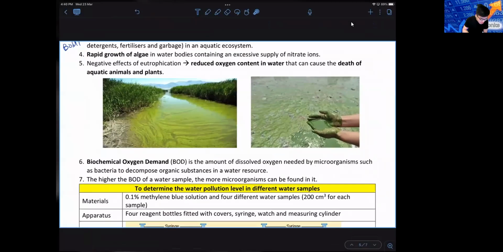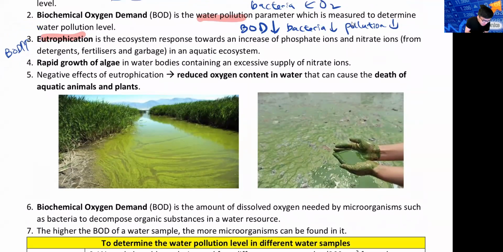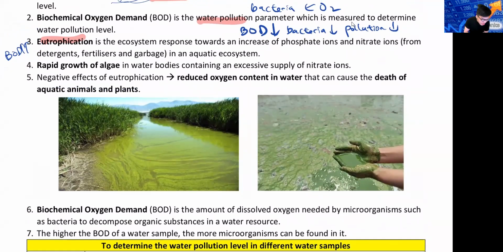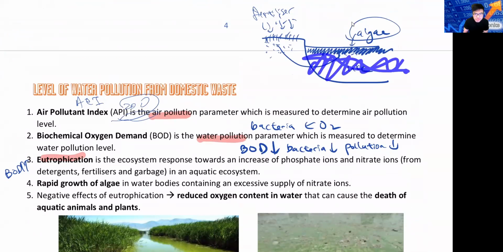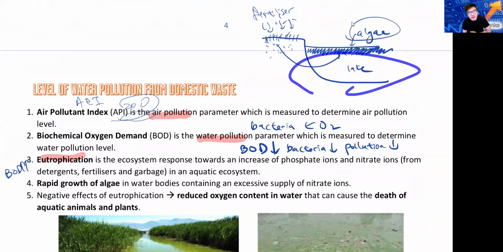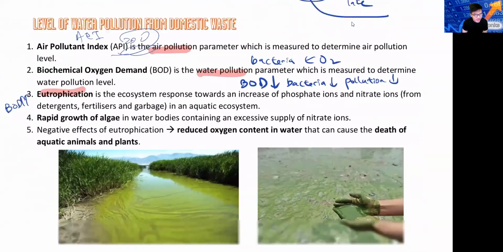So this is your eutrophication. In this case, your BOD is going to be very high. The negative effects of eutrophication: reduced oxygen content in water. As I said, all the bacteria will suck all the oxygen away. It causes the death of aquatic plants and animals. All the plants down here will die. Everything will die. You are going to screw up the whole ecosystem. Basically, you murder everything in the ecosystem. Wow, I didn't know that using fertilizer can cause so much effect, isn't it? This is really serious.